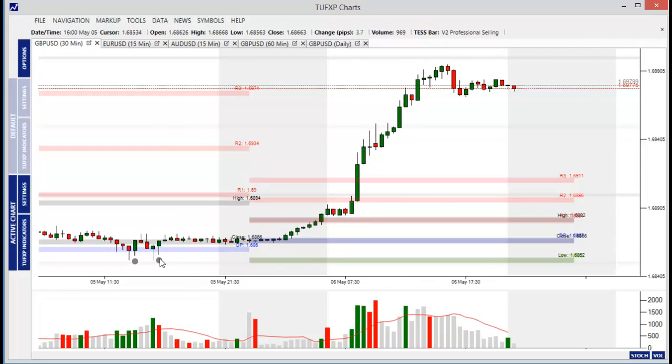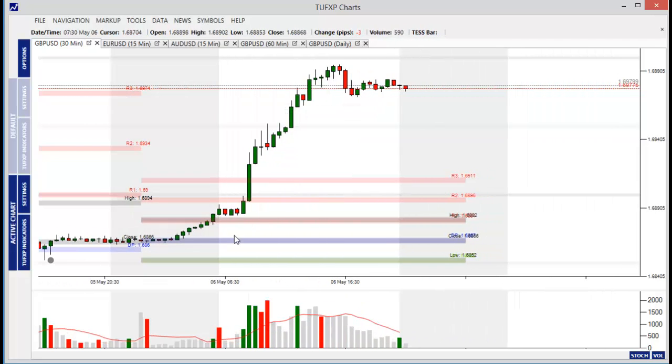You can see here on Monday, the bank holiday Monday, where the market moved lower and then produced the buy signal. But unfortunately yesterday we didn't have this opportunity. The market didn't pull back first, give the buy signal and then move higher. It was just a case that it decided to go yesterday morning after recording the market view and continued